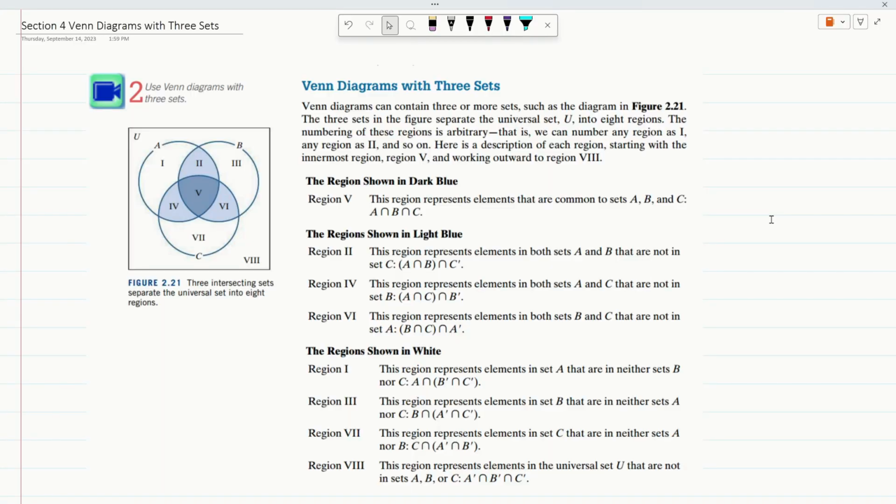In this video, we're going to go over section 4, which is Venn diagrams with 3 sets. Now, I took this directly from our text because they do such a good job at not only drawing what the 3 sets actually look like, but they also label the regions based off the color, and they tell you exactly what it is. So like, for example, if we look at the region shown in dark blue, so I'm looking right here, that is going to be